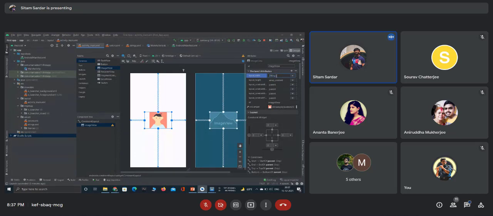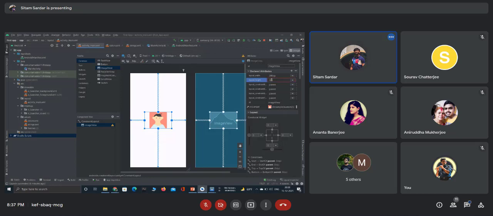Now this dp is called dependent pixel, scale independent pixel, not dependent pixel, scale independent pixel. So it is another thing. I am not going into that. Just for the time being, keep it in mind that whenever you are giving width and height, always use dp. Okay, and there are a lot more options, but don't use them.